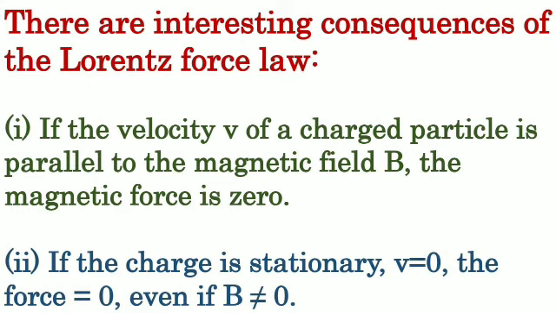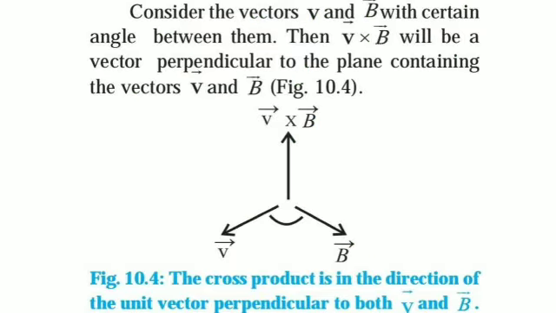Now from the very last equation, that was the Lorentz force, it may be observed that the force on the charge due to the electric field depends on the strength of the electric field and the magnitude of the charge. However, the magnetic force depends on the velocity of the charge, the cross product of the velocity vector V, the magnetic field vector B, and the charge Q.